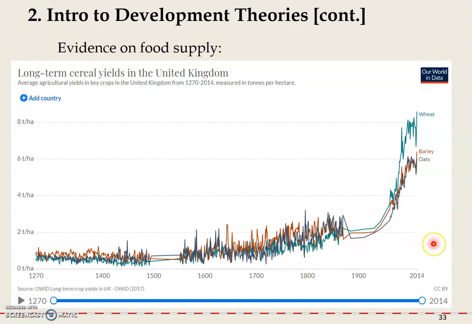So again, Malthus was wrong here, and in the next video, we're gonna talk about where he went wrong, okay, and that discussion will lead us to the discussion of the fifth driving force of development, okay, the fifth one and also the last one of this chapter. All right.